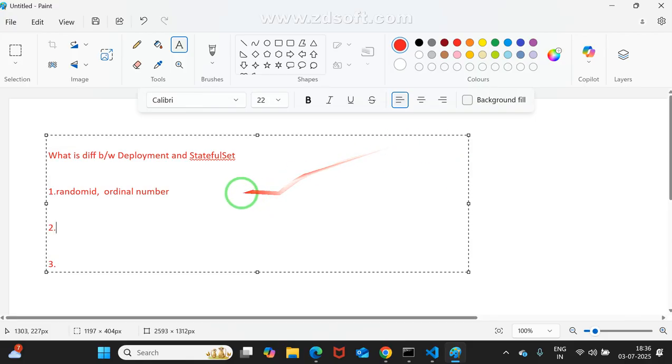See, everybody knows ordinal numbers mean it will start from zero. Zero to where it will end? Anyone can guess it? N minus 1. See, I want 10 items. If you count from zero, where will it end? At 9. 9 only. That is the simple logic. Okay, good. Now, next difference.